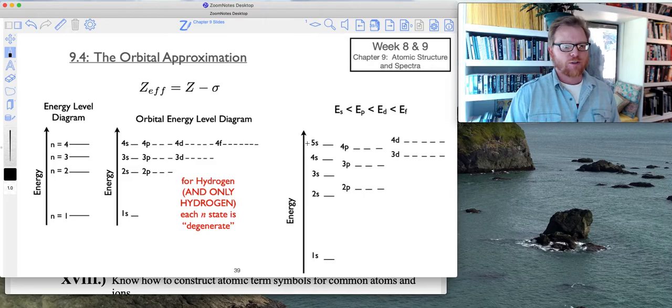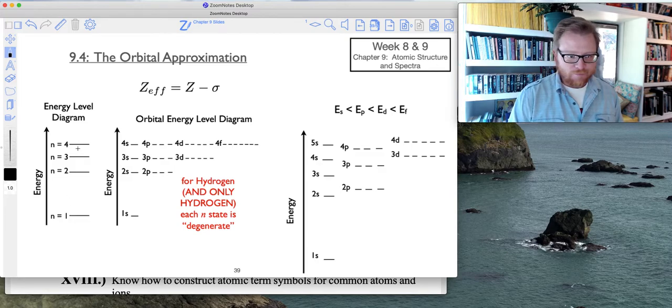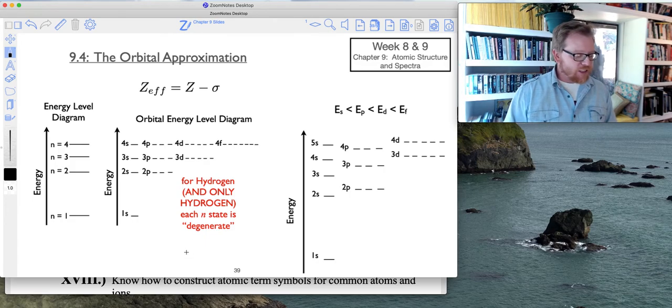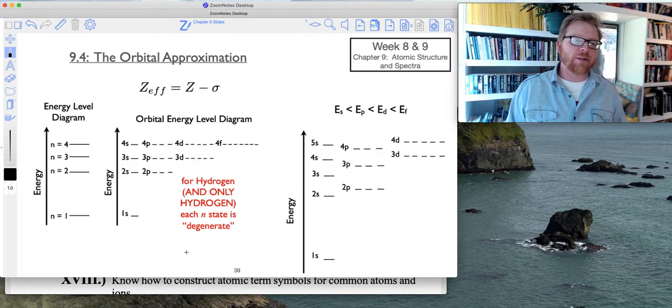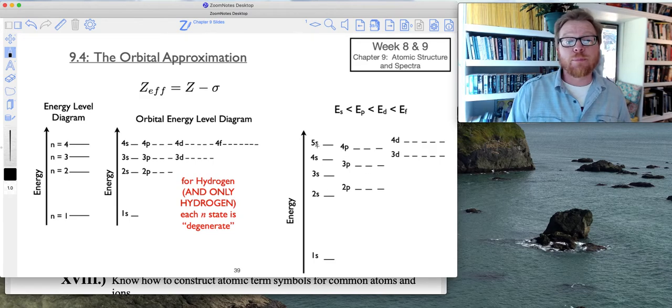Okay, moving along. So now what happens to our orbital energy level diagrams? We start with this simple energy level diagram just describing level N. When we put in our subshells, S, P, D, and F, hopefully you remember that for hydrogen only, each shell, each n state, is degenerate. I'm not going to spend a whole lot of time on this because it's largely review from your Chem 109. But when we start putting in multi-electron atoms,